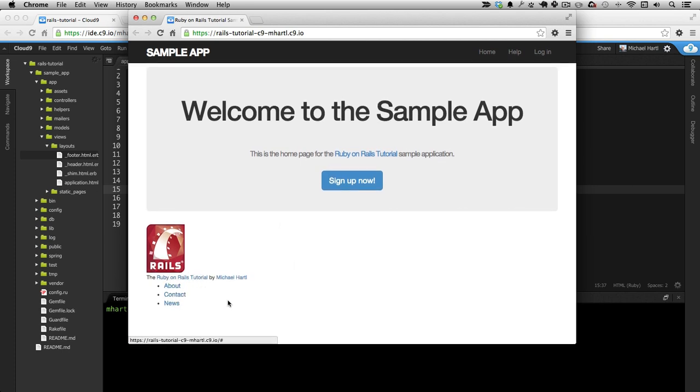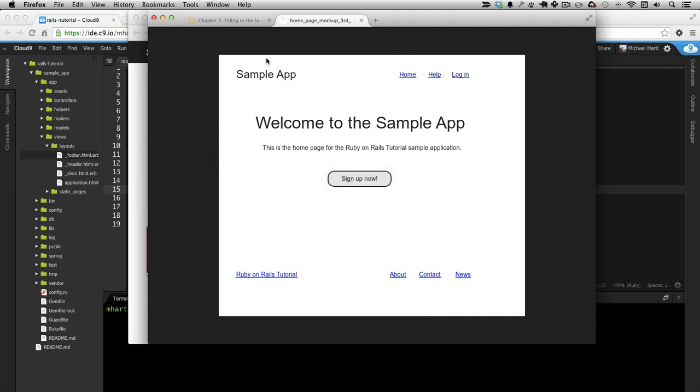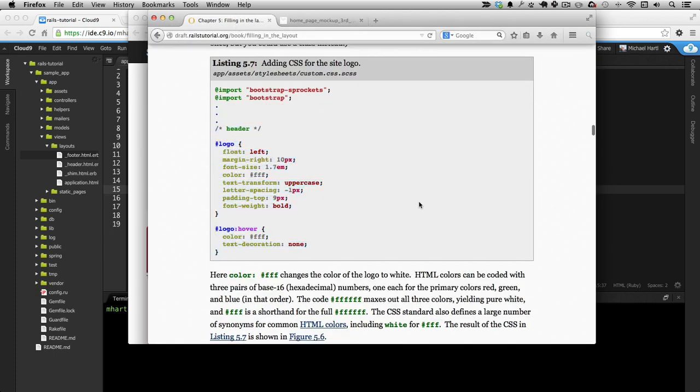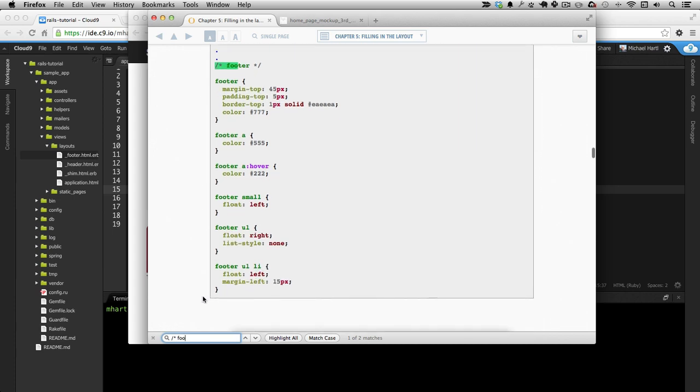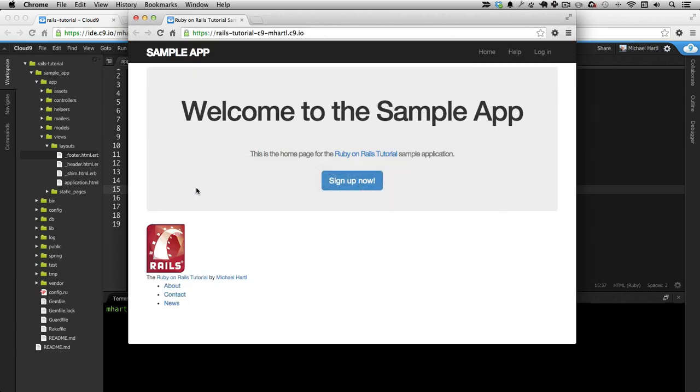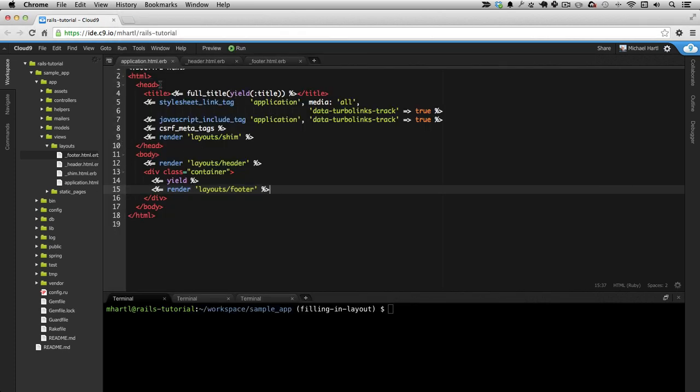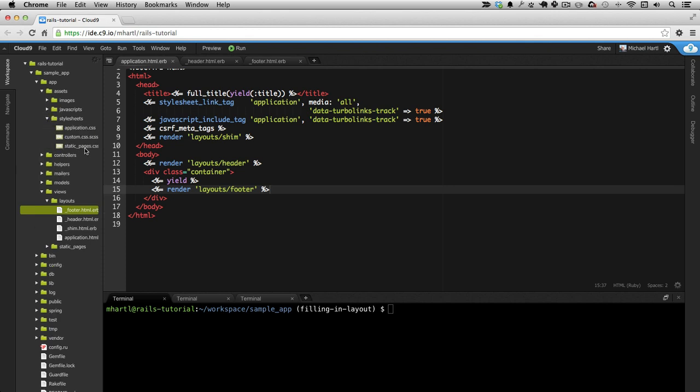But you can see that it doesn't have any styling, so that indicates that we need to add some CSS. So I'm just going to copy that. Let's just copy the footer CSS here. By the way, you might have noticed that some of these generate commands, in this case the static pages controller generate, actually generated a static